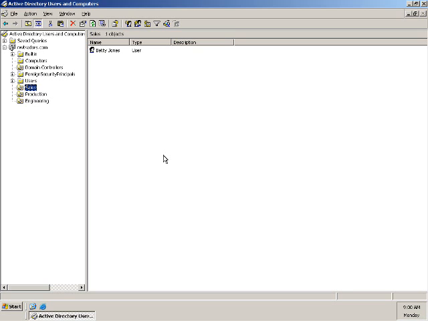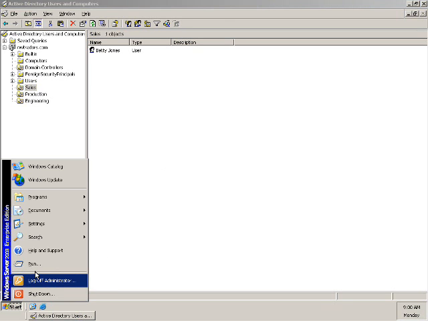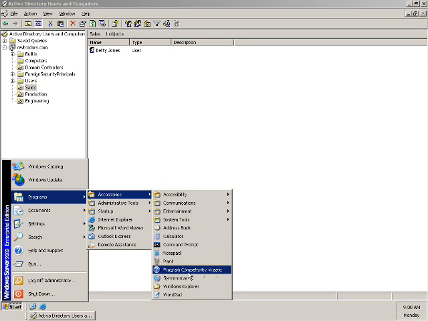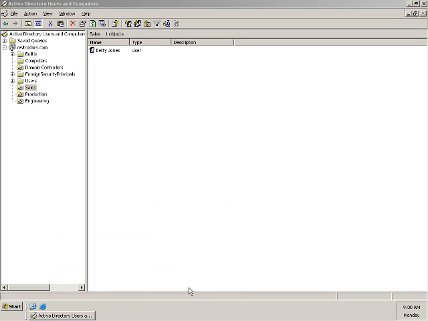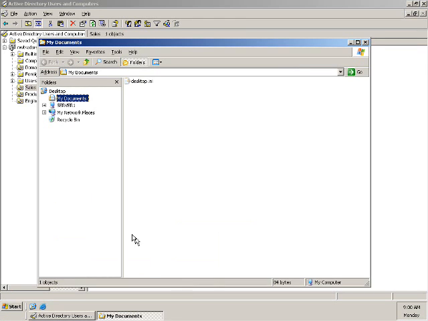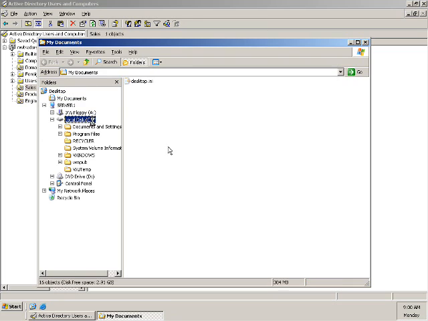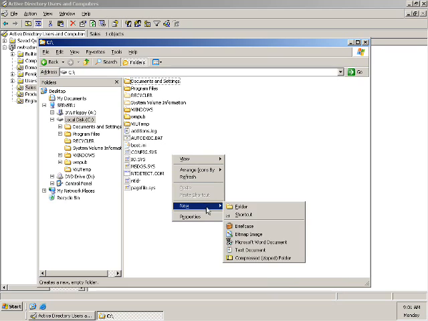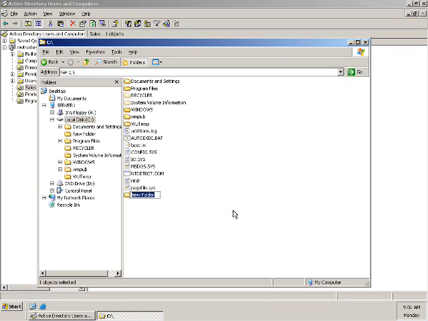Okay, the other thing you're going to have to do in this is create a shared folder. Well, first I got to go out to Programs, Accessories, Windows Explorer, and I first have to create a shared folder. So I'll go here to Server 1, go to the hard drive, and I'll create a new folder, and we'll call it Shared